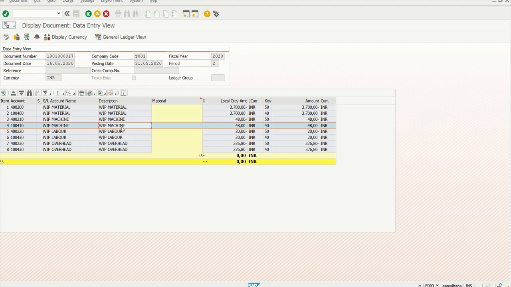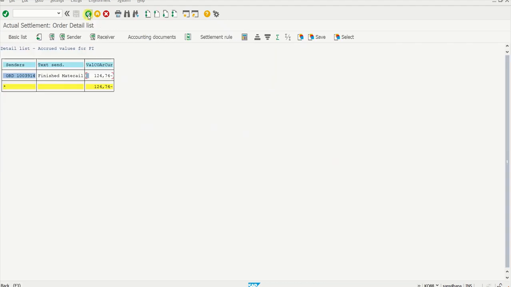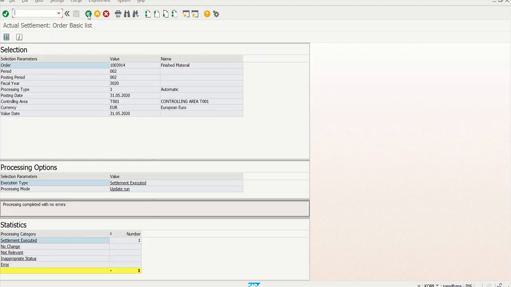When you are doing the settlement, you have to create the line IDs and assign the secondary cost elements, and to those secondary cost elements you assign the P&L and balance sheet WIP GL accounts. That way the system is going to update your WIP breakup. So this is how WIP is going to break up.